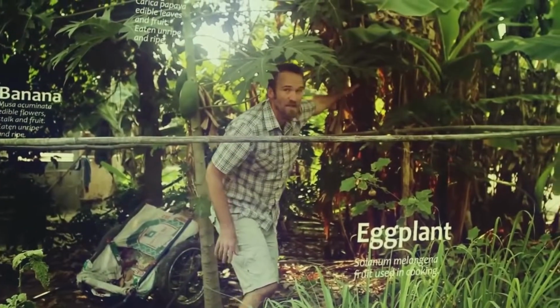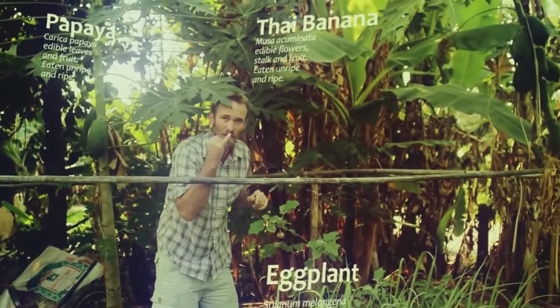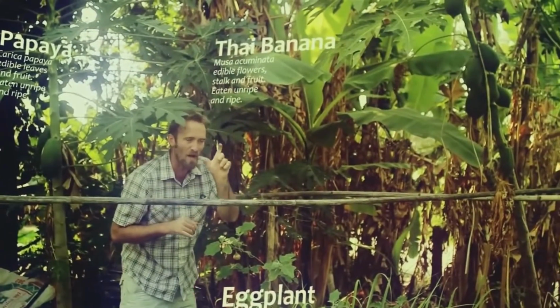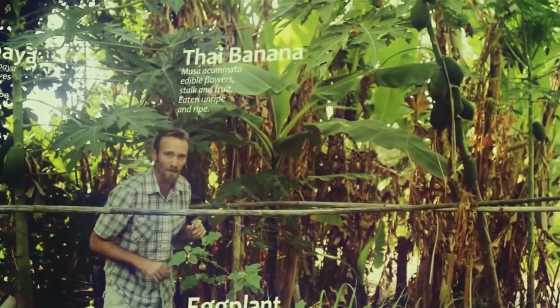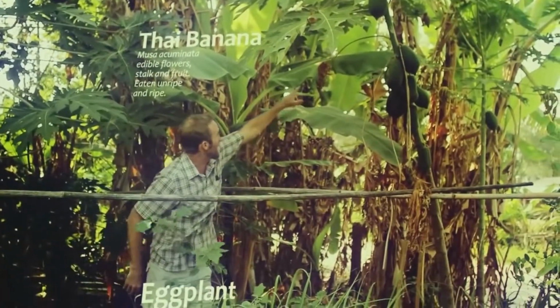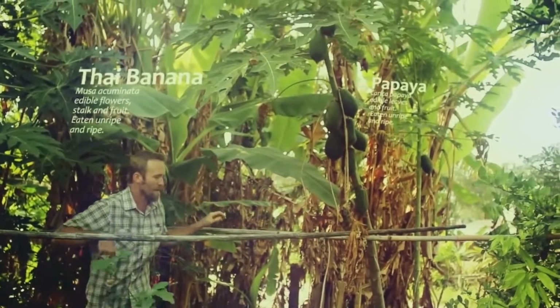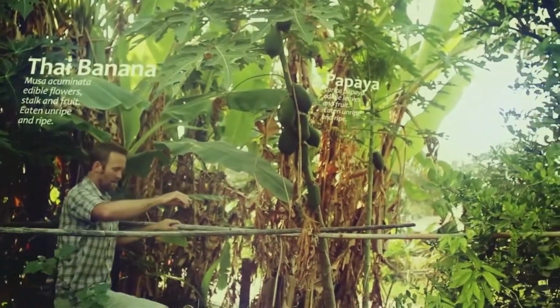There's more of the traditional Thai banana behind us. There's actually a couple small bunches of them that are kind of like the little ladyfinger style bananas, much smaller, much more flavorful than the bananas we have in the West. You can see beyond these little papayas here, you can see a little bunch of bananas up in the tree there. And as we pan around that way, we've got the